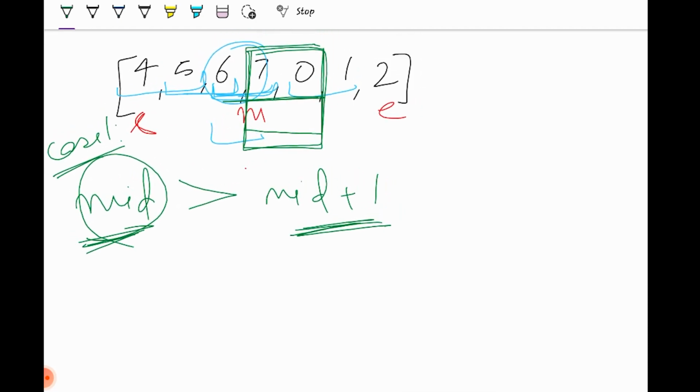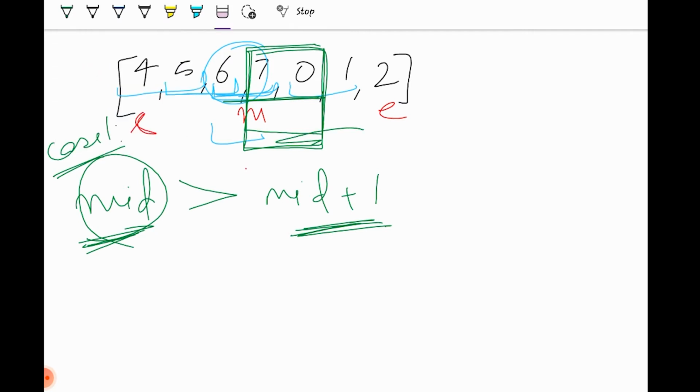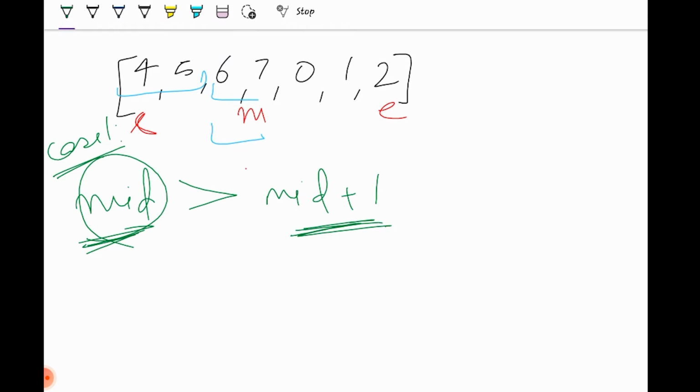Now what if, let me just clean the board a little bit. Yeah. So what if the middle element was 0 rather than 7? Let's assume that the middle element was 0. Now here also I can see that I am comparing these both only. I am not looking at 1 and 2 and 4, 5 and 6, because the only help that I will get is when I compare 7 and 0, because that's a unique pair. That's a pair in which the previous element is greater than the next element.